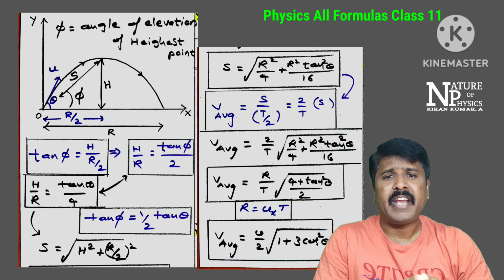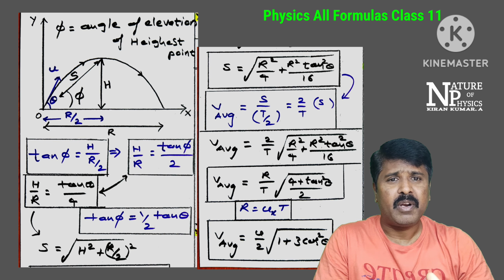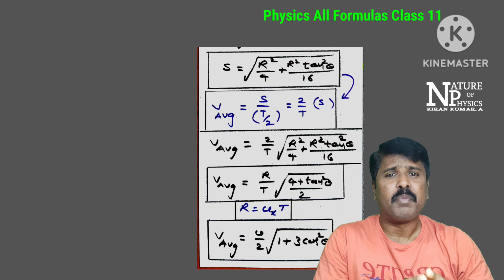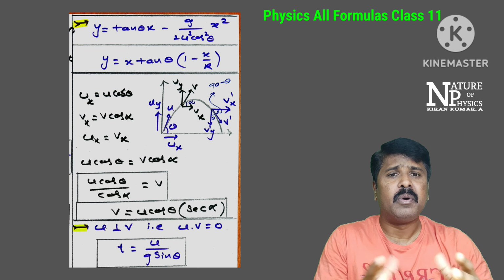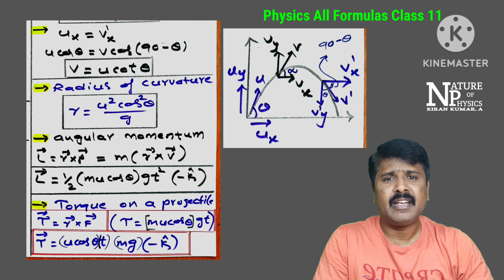and formulas also are there, tan phi which is equal to 1 by 2 tan theta, and also average displacement formulas given from the projectile motion, and also final velocities, different cases also I gave you clearly on the screen, you can notice, and also in continuation, horizontal range, and angular momentum, torque acting on the projectile, and radius of curvature also